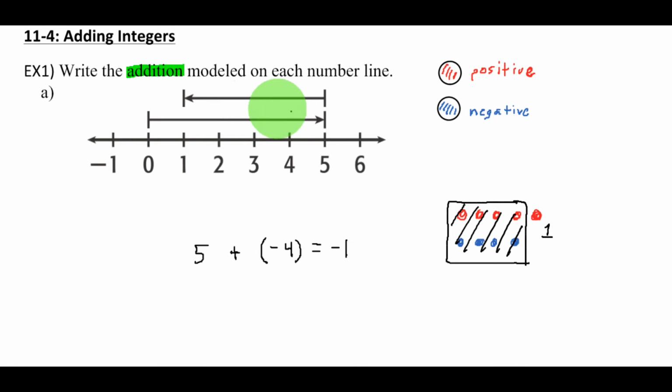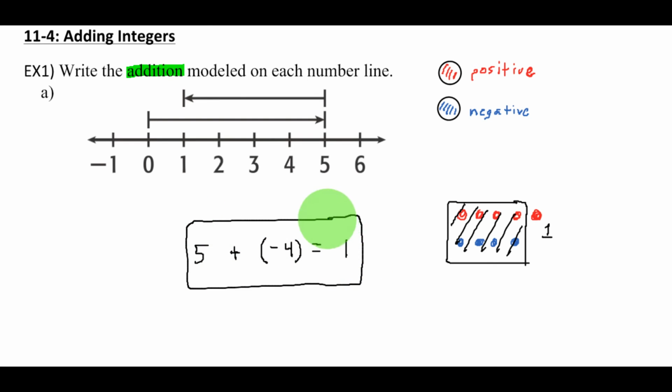If I go back up to the number line, I think it will make a little bit more sense again. So we start at 0. We gain 5, we stop at 5, and then we add, taking away 4. If you take 4 away from 5, you can see the arrow doesn't stop at -1 on the number line, it stops at +1 on the number line. So all I have to do is make a quick fix and erase that negative symbol. Okay, so we can see here that 5 plus -4 is equal to +1,